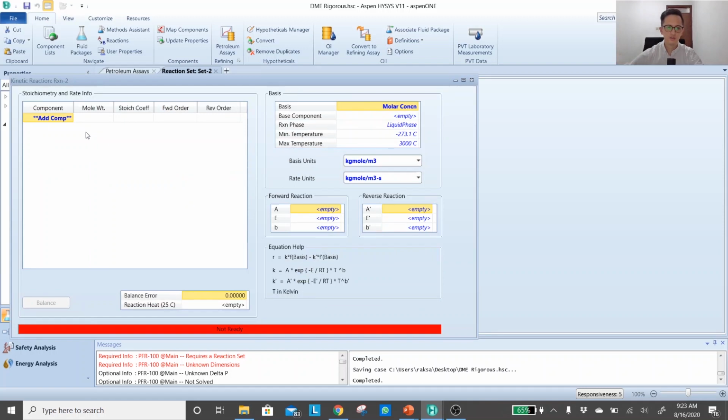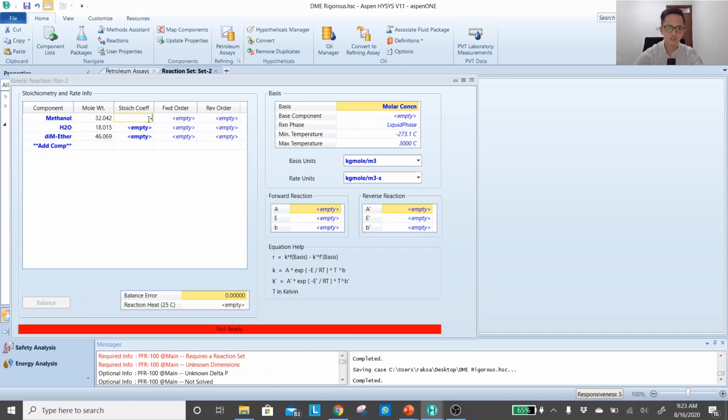Okay, double click. Now you just have to define your reaction, methanol, your feed, and then water and DME, the stoichiometric coefficient. It's the same arrangement with the conversion reactor type. Minus for feed and positive for the product, and then forward order.